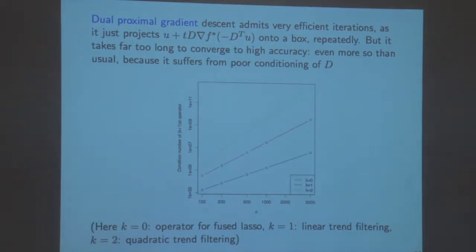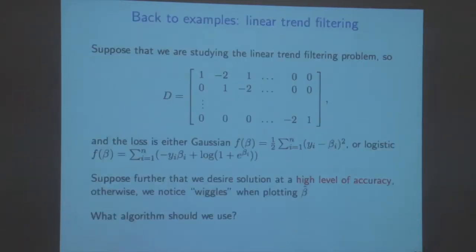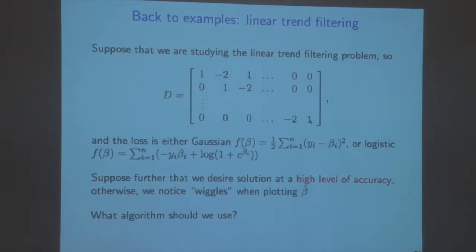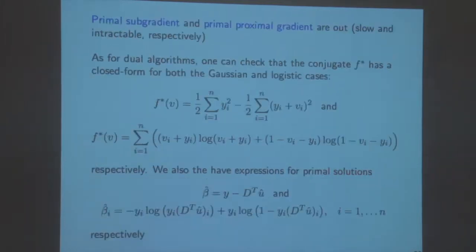Its Hessian involves D D transpose. That matrix D D transpose is extremely poorly conditioned if D is this matrix. You can check that its smallest eigenvalue and its biggest eigenvalue have a huge gap between them, which means it's very poorly conditioned. So actually we're in probably one of the most unfavorable settings that we can find for